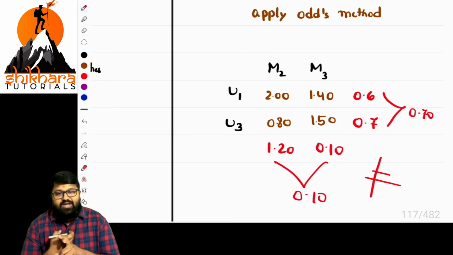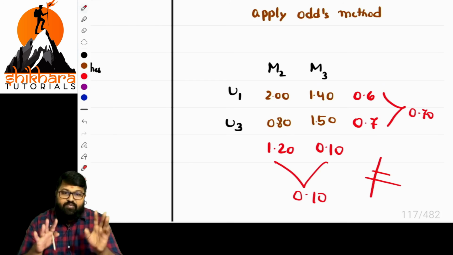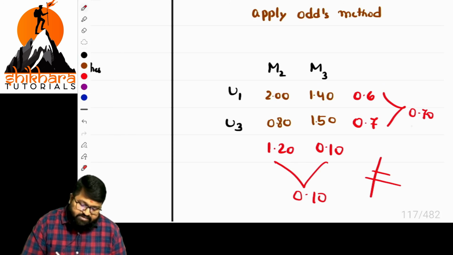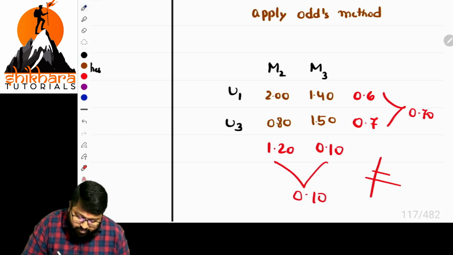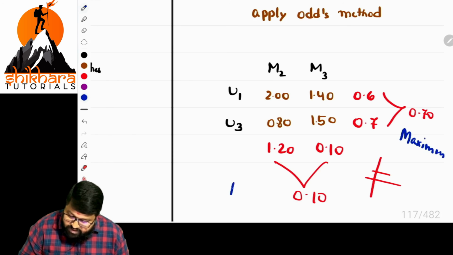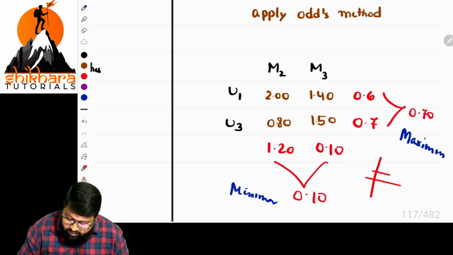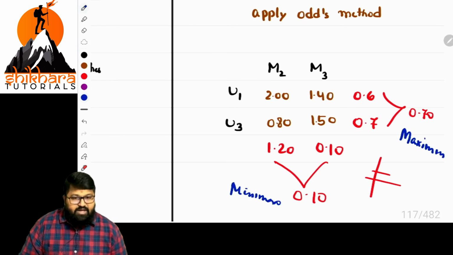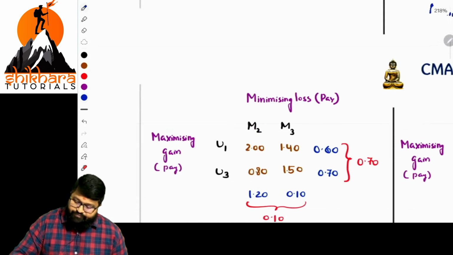Even when we go with pure strategy calculation, we go on to the odds method for every point. If you have reached our target at pure strategy, then it's fine. If you are not reaching, we go for the odds method. This is known as maximin, and this is known as minimax. Are they equal? They are not equal. When they are not equal, we have to apply the odds method. Am I clear? Now let us see the point.